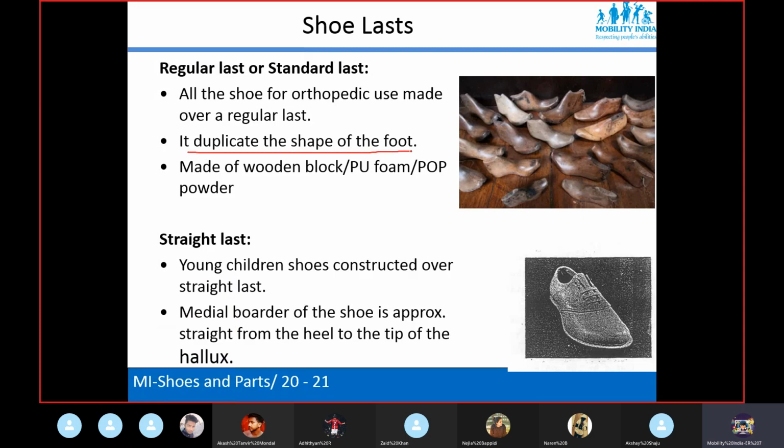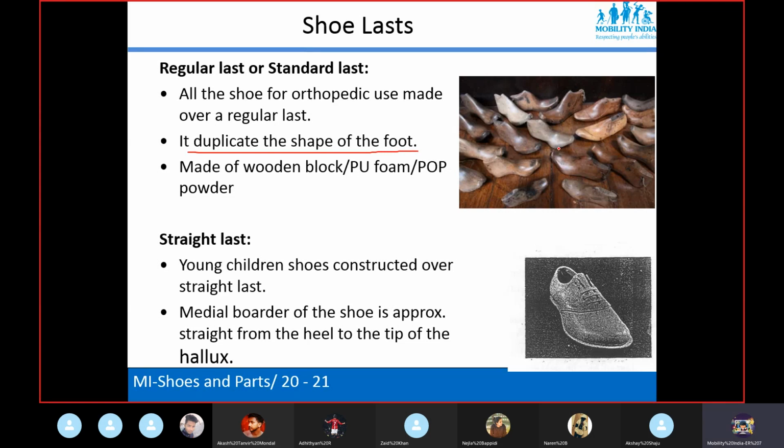You can see here, this is the inside where our foot goes, the foot will go inside the shoe. Based on that, some standard measurements are taken, and based on that the shoe last is designed.